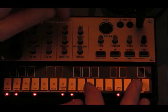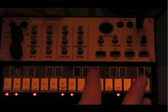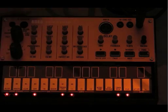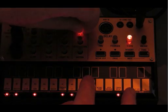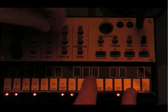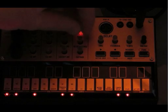I've done here. There we go. So I turn the sustain down. So, although you can use the envelope to control the filter, it's always going to be controlling the amplitude at the same time, which I think is a bit annoying, but